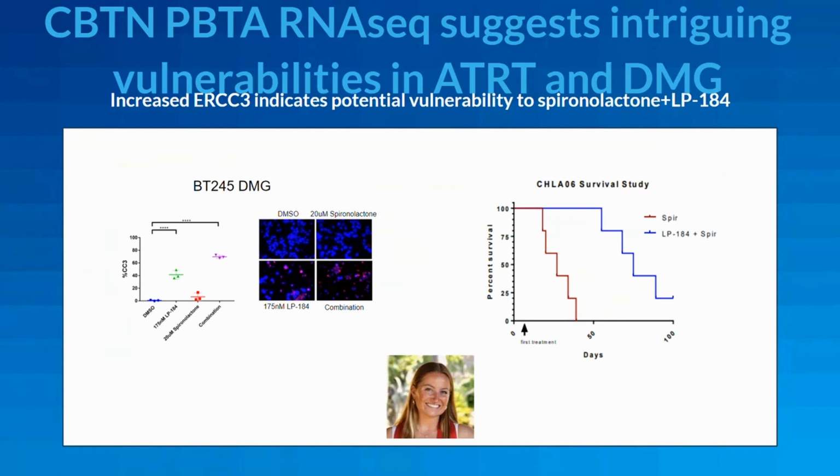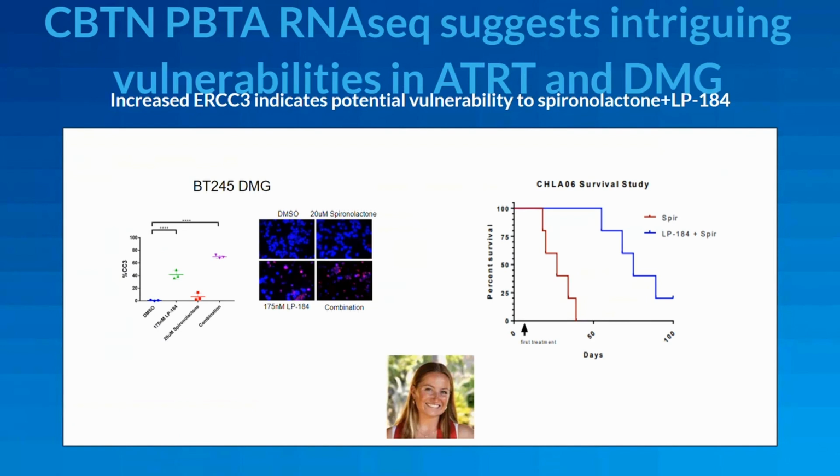So more to come on this, but this is data that we're sharing with the drug company on a monthly or even weekly basis. So they already have a planned phase 1 in children that's going to be starting, Ashley and I just found out, through the Poetic Consortium. So it's going to be a phase 1. We've been talking to them a little bit, that will first escalate the dose of LP-184 based on the adult data, and then add spironolactone on top of it, because I told them my enthusiasm as a physician scientist for LP-184 will be dramatically increased if you do your trial including spironolactone based on this data,